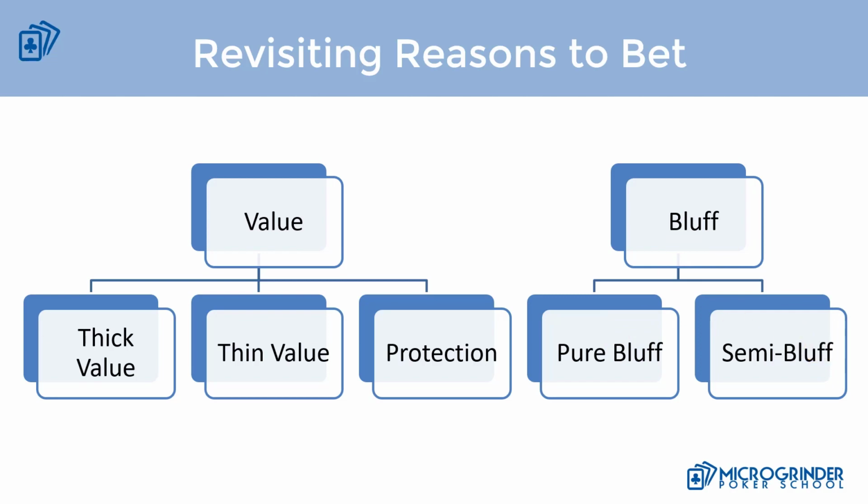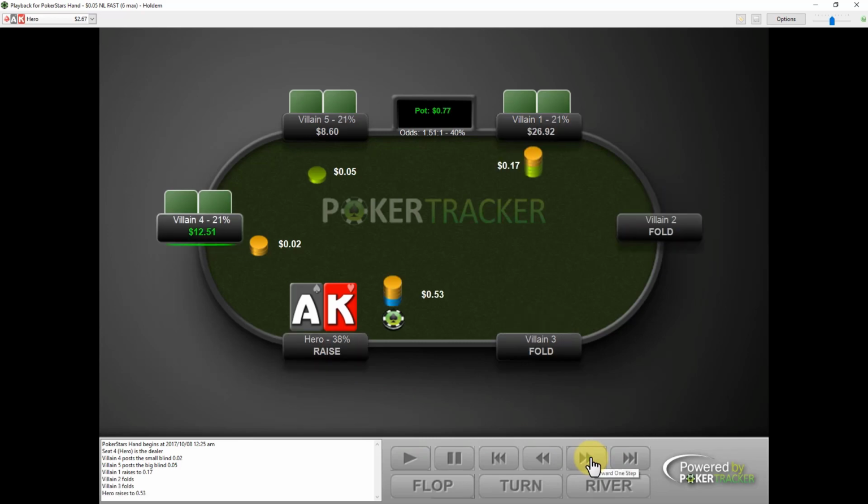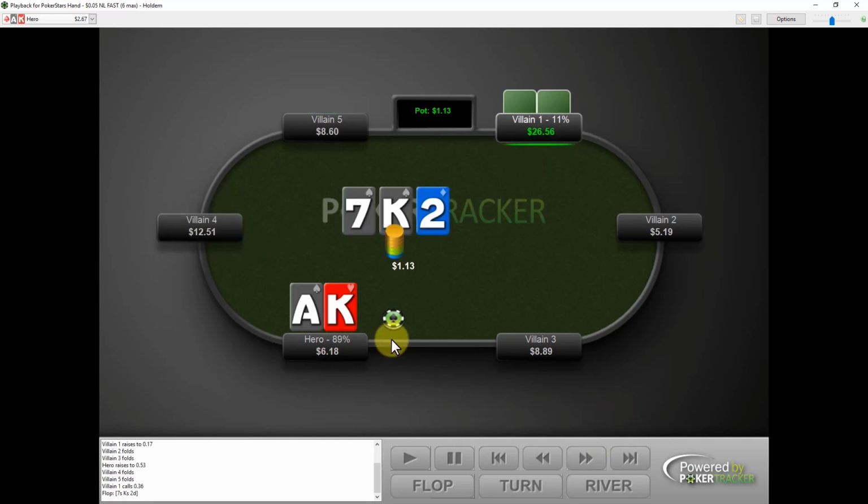Now let's take a look at some example hands, because this really illustrates everything. So we're going to start off where I have ace king offsuit on the button. We have a raise from under the gun. I put in a 3-bet. Both of the blinds fold. Under the gun calls. We go to the flop. I flop top pair, top kicker, and I block the nut flush draw. And so we're in a 3-bet pot.